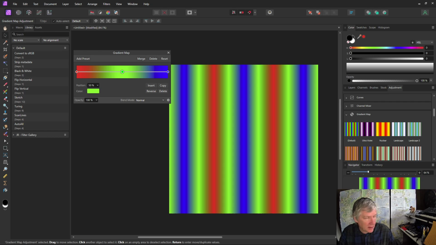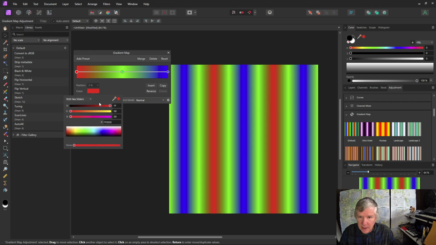So I'm going to choose this one, and to enter this, I'm going to choose the first color over here and select that. Usually I have this in HSL mode, but I'm going to change that to RGB hex sliders because most of these gradients on the internet are in hex. Now I'm going to choose the first color. I'm going to choose a garish one here. So that is